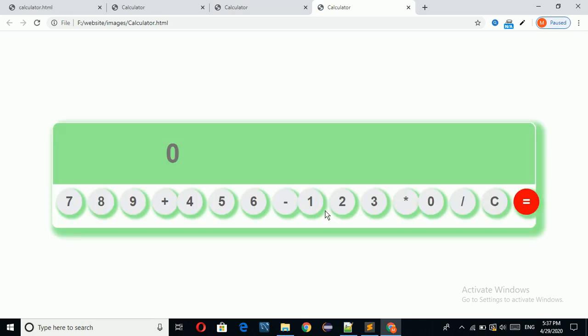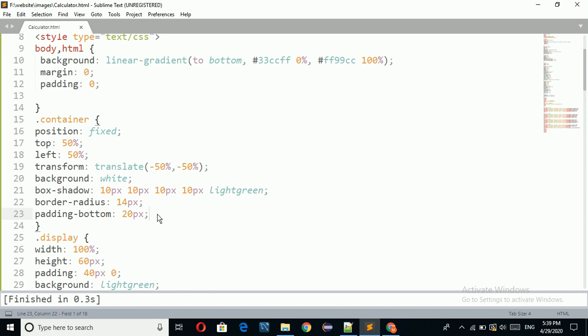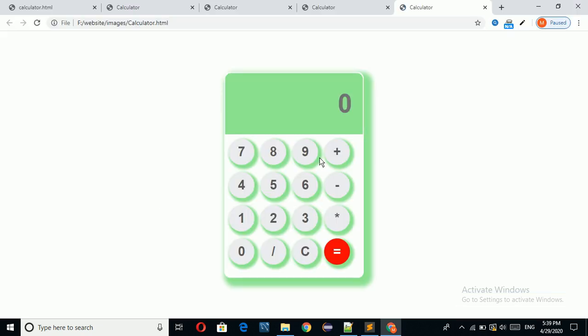So now we can see the output. Here I want to take width equal to 380 pixels. Now the calculator is designed.